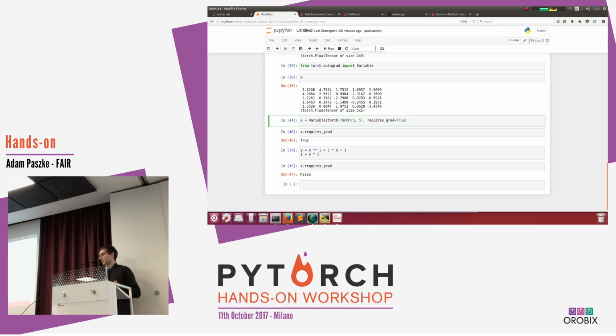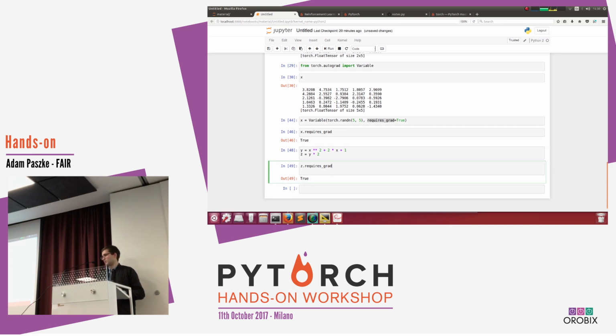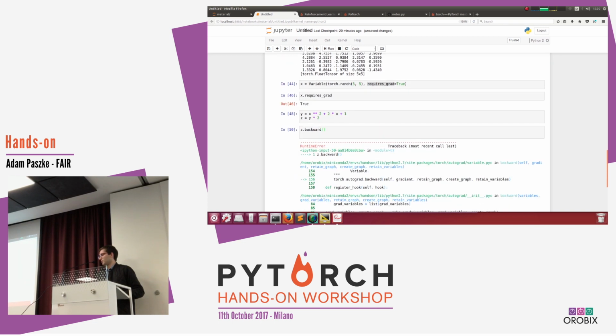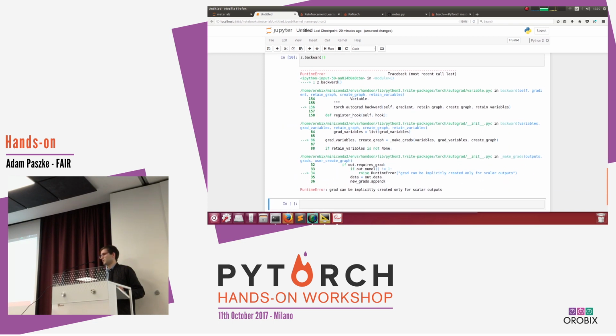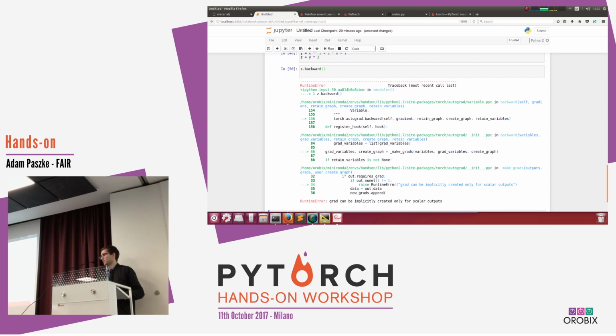So in here it was a problem. We have only one leaf and it didn't require grad, so the output obviously didn't require grad as well. Now if we re-execute this cell, we'll see that this changes, because leaves are basically the input to your computation, and the only leaf requires grad, so the whole graph requires grad. So now we can actually run backward, but now we see the second problem, which is that you can only